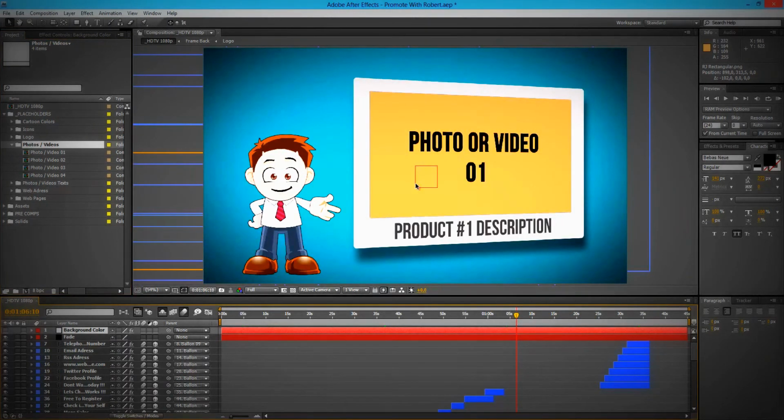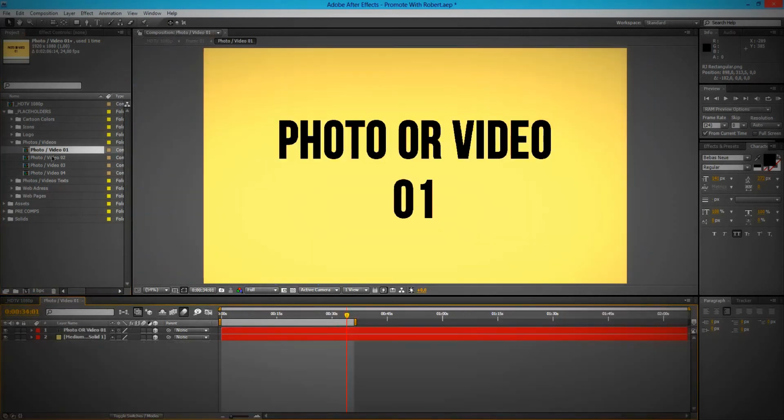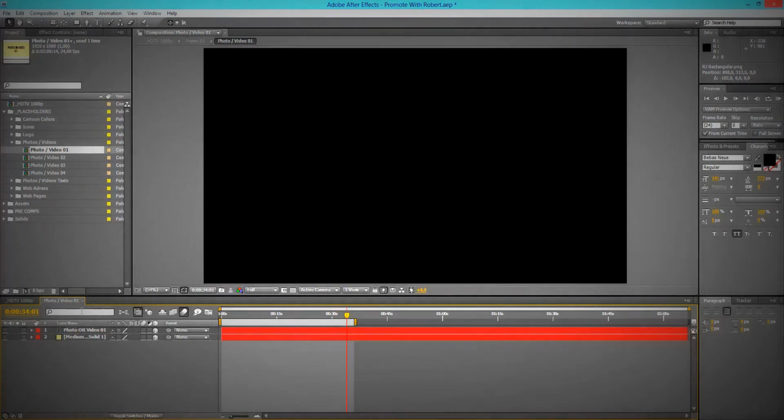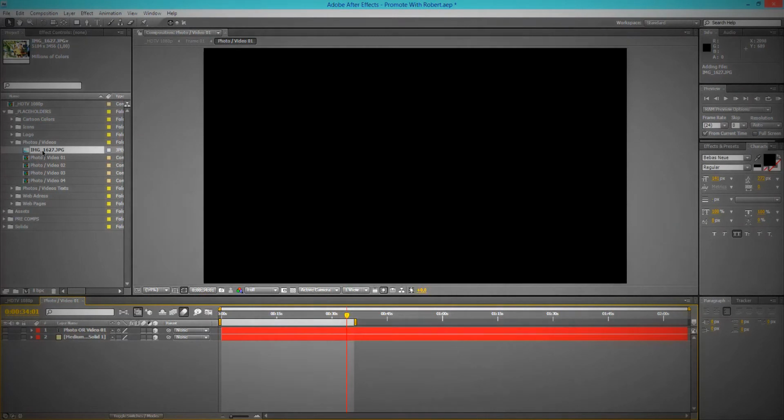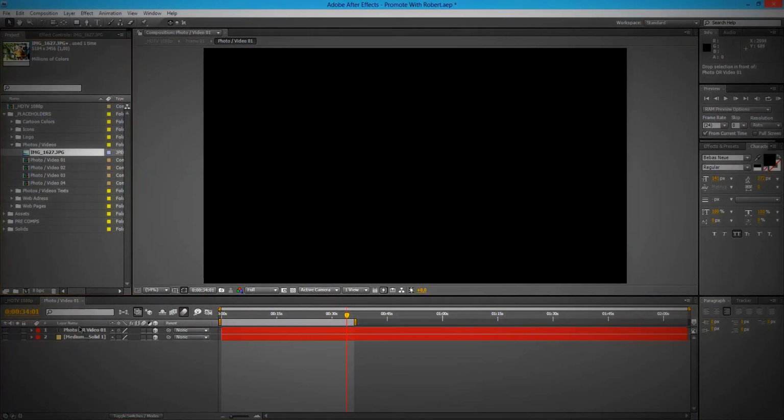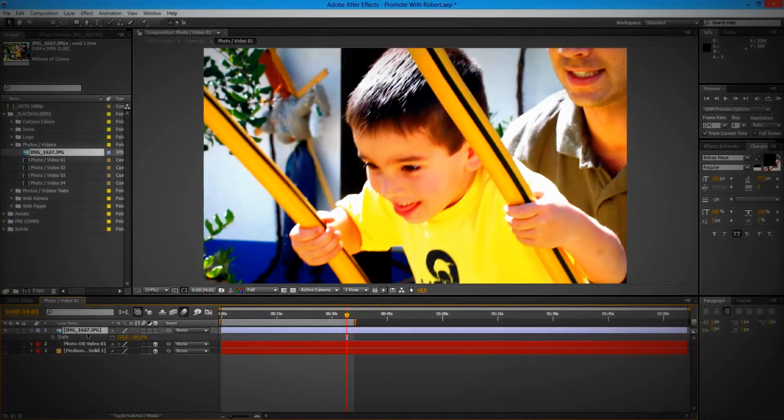So this will be the first photo or video. If we open the placeholder, you will find just the solid and text that you may disable. And I'm gonna bring a photo, just a straight, very simple photo of me and my son. I'm gonna bring it right on top. I'm gonna press S for scale,